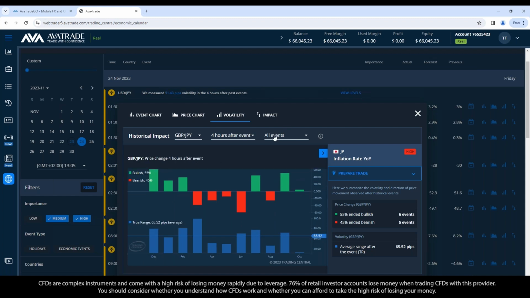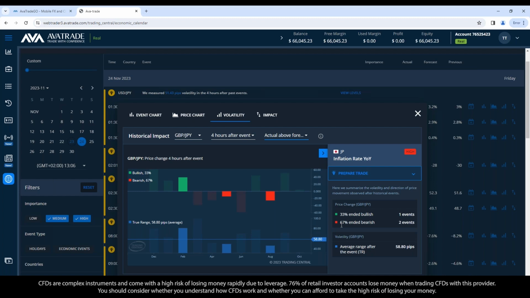And so let's qualify how the results came in and say, if the results came in above forecast, how did the GBP JPY pairing move after such announcements? And we can see that 2/3 of the time the yen pulled down the pound if the inflation rate came in above forecast. So kind of makes sense. The yen might strengthen if it shows higher inflation than expected in Japan.